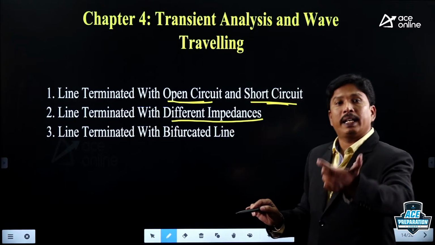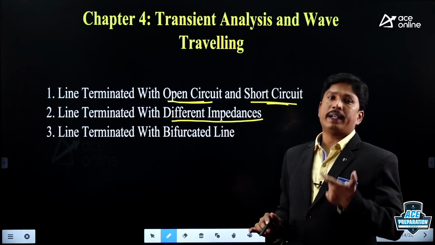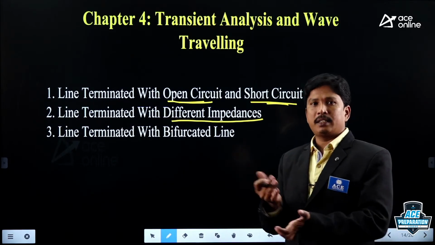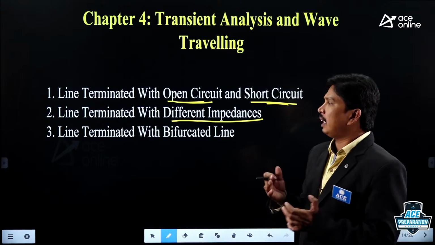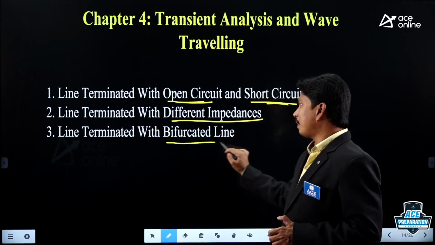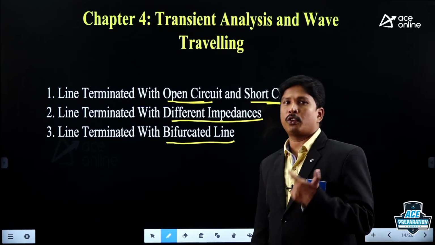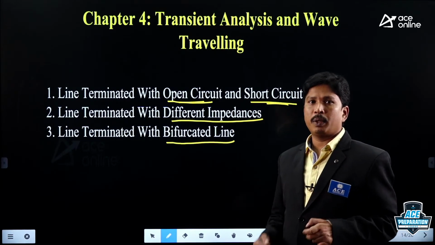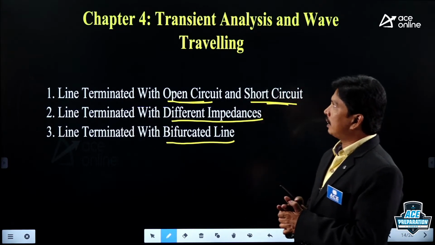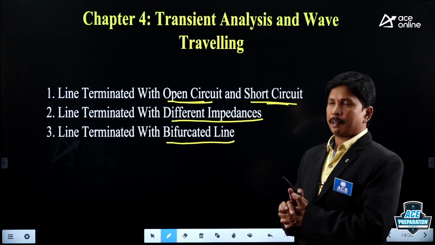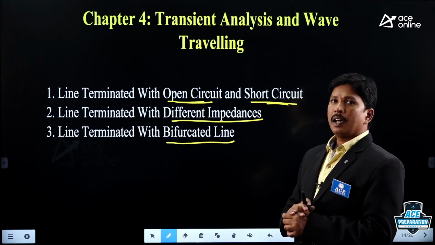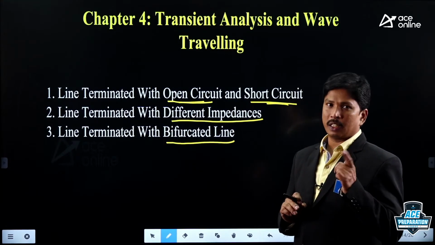So what happens when the line is terminated with a cable? What happens when the line is terminated with one more transmission line, and any resistance, inductance, capacitance, all the possible things we will see in that one. Right? And when our line is terminated with a bifurcated transmission line or forked line, we have to see what happens here. Clear? So these are the most important concepts we are having. In GATE we are not expecting any questions here in case of traveling wave phenomena, whereas in engineering services we can get one question, right?